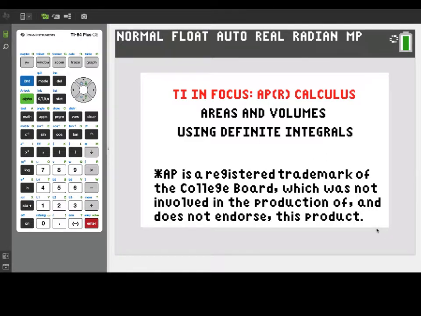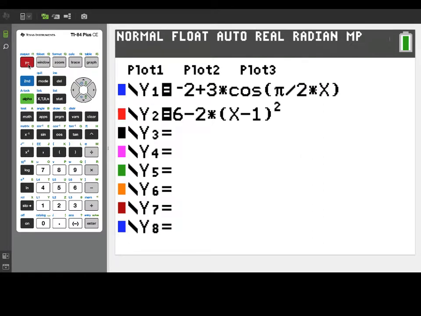Let's take a look. Now in that problem, there were two functions given bounding a region. One was labeled g of x, and we've entered it here as our y1, negative 2 plus 3 times the cosine of pi over 2 times x. The second curve, labeled h of x in the problem, we've entered as y2, 6 minus 2 times the quantity